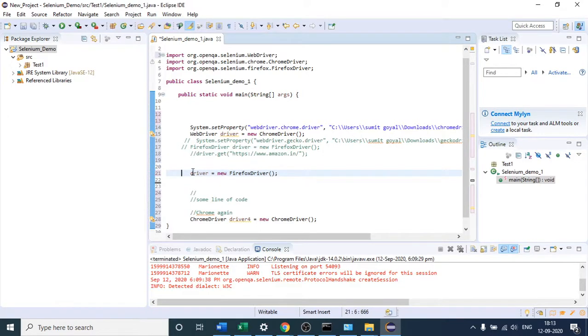So have you got the idea of why we are writing the interface here, or should I explain it in more depth? I am assuming that you know the interface concept in Java. So this is the reason I am writing this. Put the interface here and create the object of the class, and just say that this driver is of the type WebDriver interface.